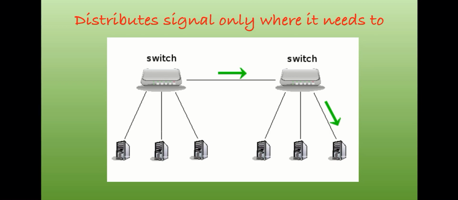See, here so many hosts or nodes or workstations are connected to these two switches, but it is transferring only where it is required to send, not to all the nodes. So that is why we said it is a hub with certain intelligence. There is also one thing that we need to know about switch, that it is also a layer 1 device like your hub, and it works on the physical address or the MAC address of a host or node.